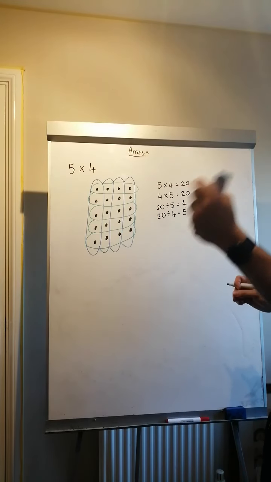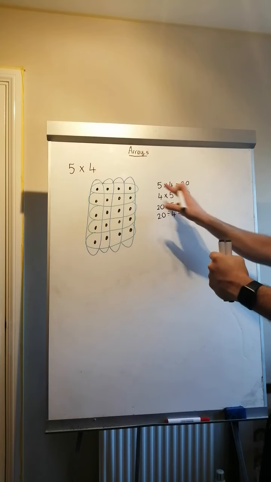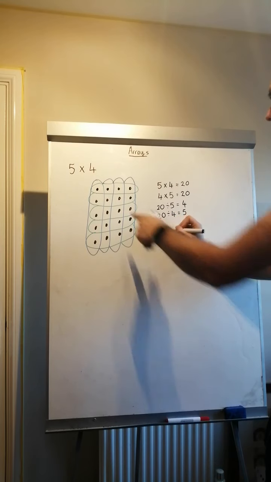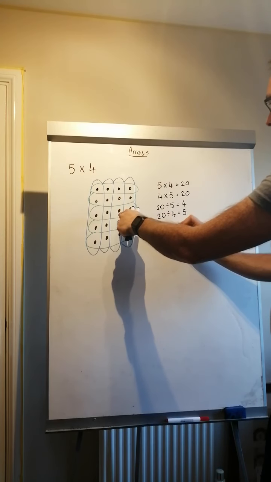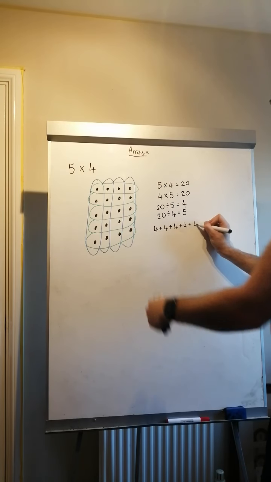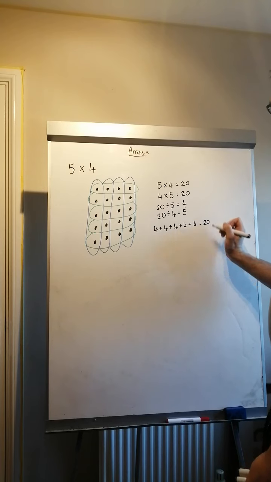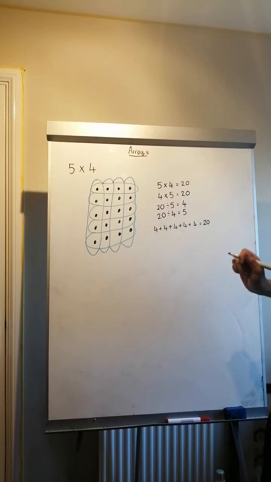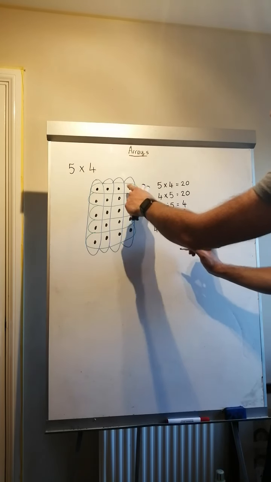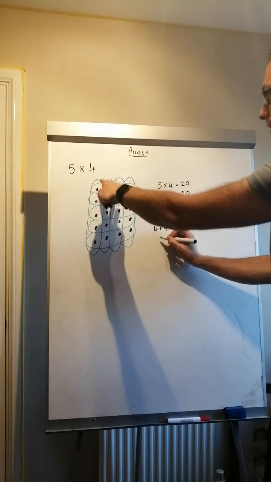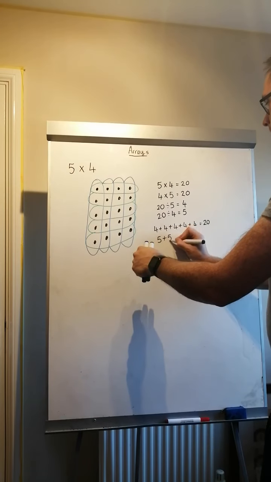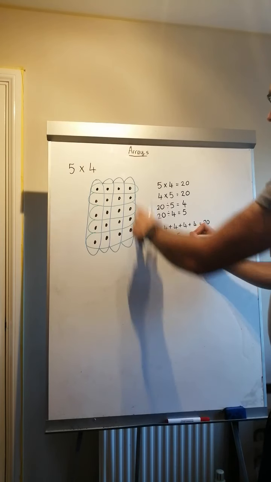If we want to be really snazzy, we can now come up with our additions as well. So let's take the greens again. We've got 4, add 4, add 4, add 4, add 4 equals 20. 1, 2, 3, 4, 5 groups of 4. Doing it the other way around, we're going in groups of 5 this time, aren't we? 1, 2, 3, 4, 5. So we've got 5, add 5, add 5, add 5